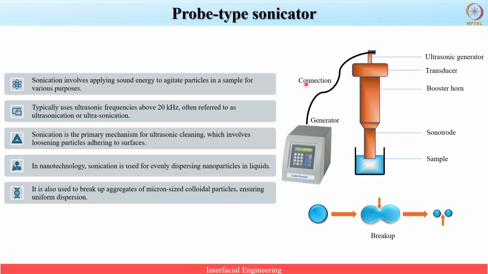Welcome back, everyone. In today's video lecture, we will explore two commonly used emulsifying devices, the prototype sonicator and the homogenizer. These devices are widely employed across various laboratory and pilot scale settings. They are particularly useful for applications like dispersing dry powders or nanoparticles into liquids, performing emulsification and stabilizing emulsions. For example, if you want to ensure that nanoparticles are evenly dispersed in a liquid medium or break up droplet aggregates in emulsions, these devices play a key role.